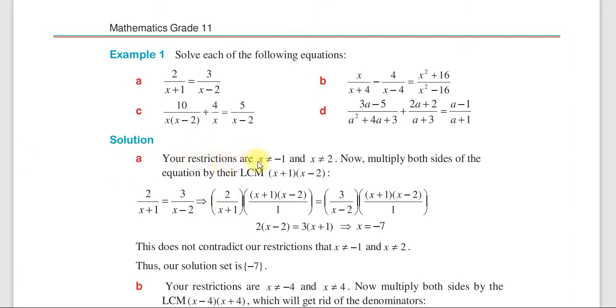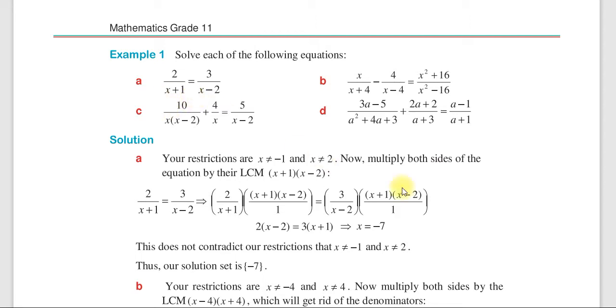Your restrictions are x not equal to minus 1 and x not equal to 2. ምን ማለት ነው? ይህ ማለት እዚህ ላይ minus 1 ማለት ይሄን ዲኖሚኔተር 0 ሊያደርግ የሚችል፣ 2 ማለት ደግሞ ይሄንኛውን ዲኖሚኔተር 0 ሊያደርግ የሚችል። ያ ማለት ባጭሩ undefined ሊያደርጉብን የሚችሉ ቫልዩዎችን ሪስትሪክት ማድረግ ማለት ነው የመጀመሪያ ስቴፕ።